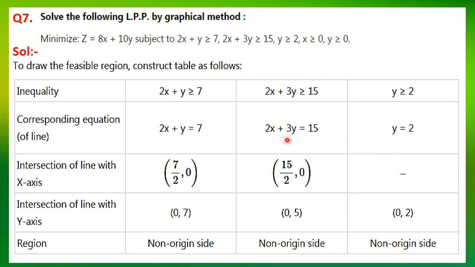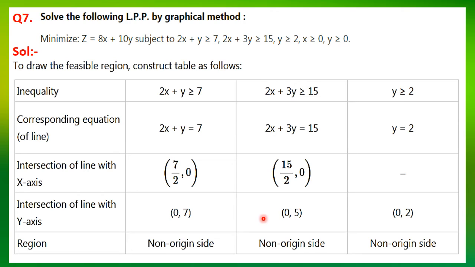To get the point on the x-axis, and here you can find the point on the y-axis also, because there are both coordinates x and y in this equation. So first put x = 0, then you will get the y coordinate, the point on the y-axis, and with y = 0 you get the point on the x-axis. So you will get the ordered pair (0, 7) on the y-axis.